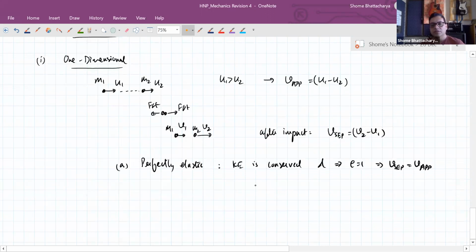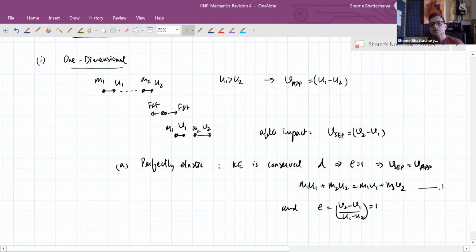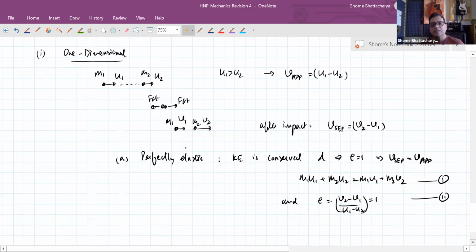So when we incorporate that, we get the relation that m1 u1 plus m2 u2 is equal to m1 v1 plus m2 v2. And in general, E is equal to v2 minus v1 upon u1 minus u2, that is equal to 1. So when we incorporate these two, we get the direct result for perfectly elastic collision,